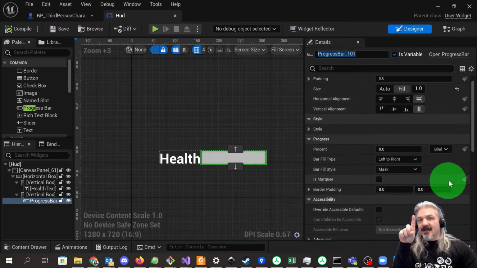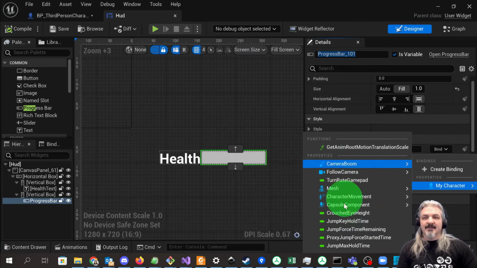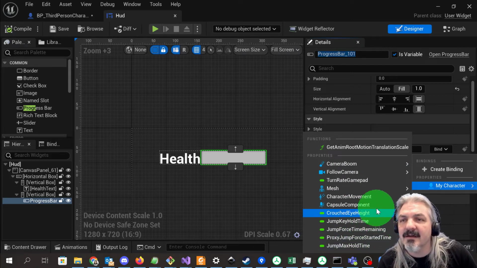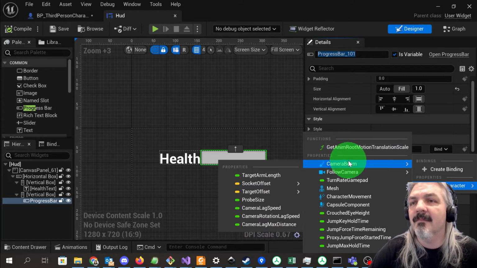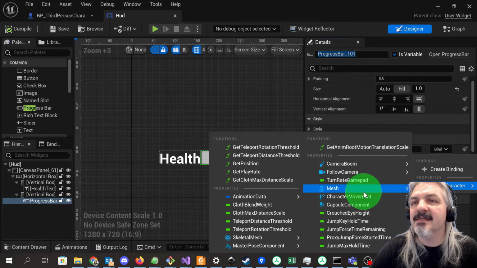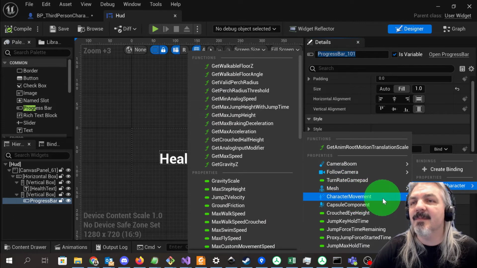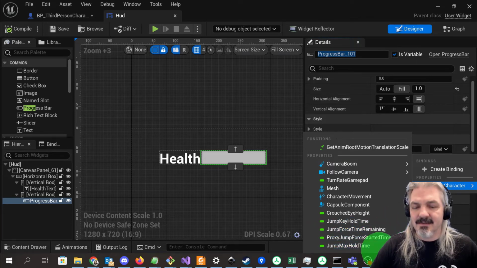It says bind my character. Which of the my character things do you want to bind it to? And if we have a look, we don't need the camera room, we don't want photo camera, we don't want the mesh, character movement, no, character capsule, no, jump key hold, okay, why didn't